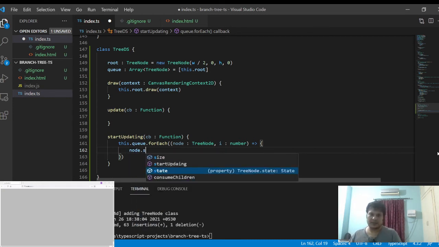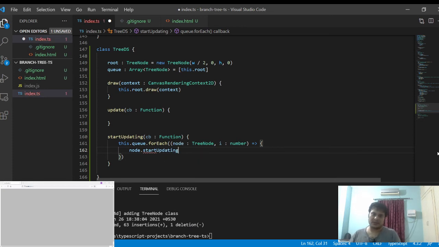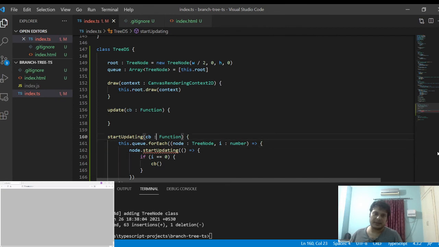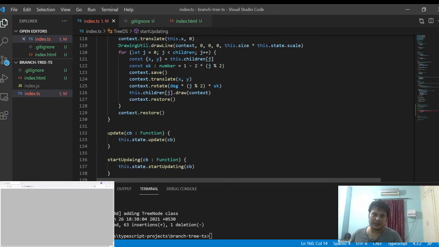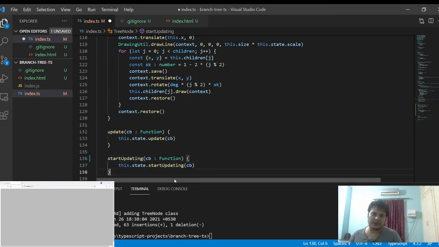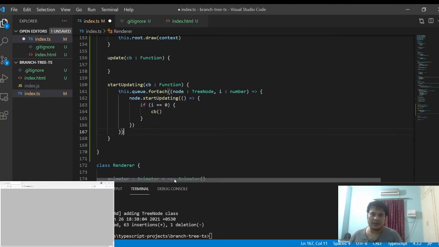We'll start updating inside the callback, and I'll pass just one method. If i equals 0, then call the callback, because mostly we'll be starting the animator over here. So we'll start the animator once, and that will be when i equals 0.